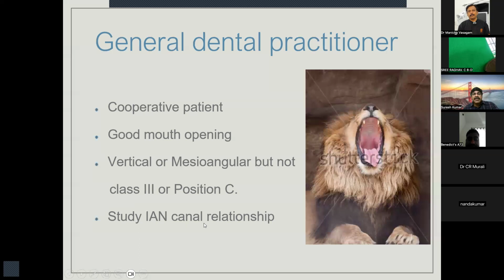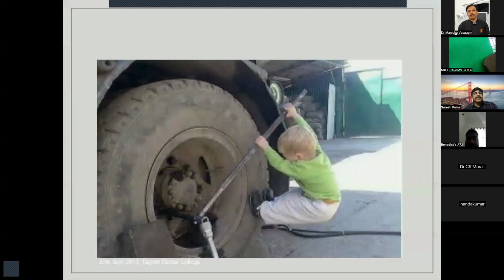If you are doing it, please study the inferior alveolar nerve canal relationship well, and then you start doing it yourself. So this picture explains overzealous attempting of distoangular impactions. Overconfidence can lead to disappointments. So do not try to remove severe distoangular cases thinking that it's going to be easy like vertical ones. We will end up in disappointment, and more trouble to the patient.